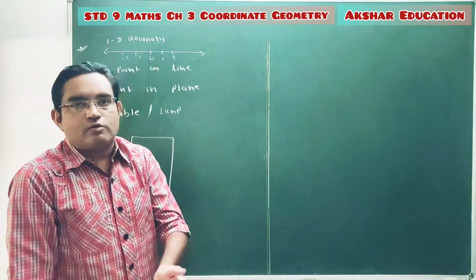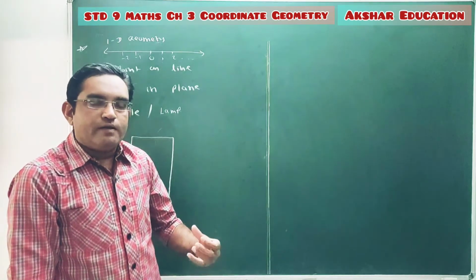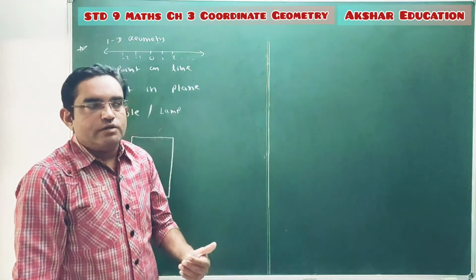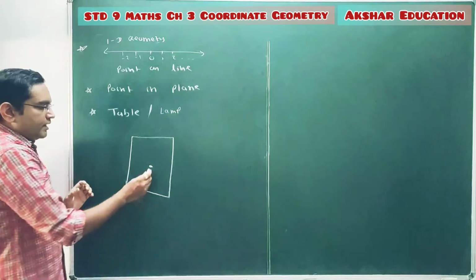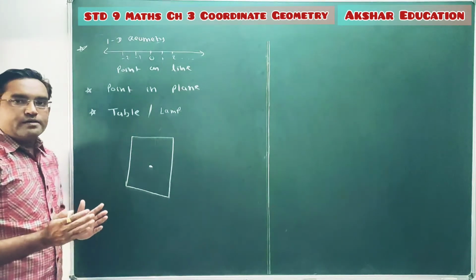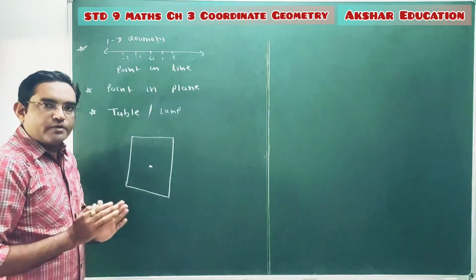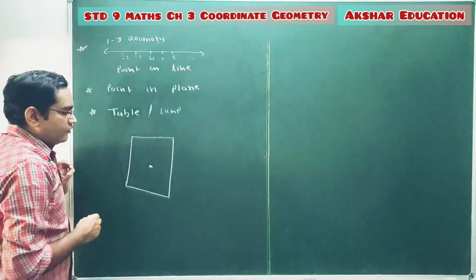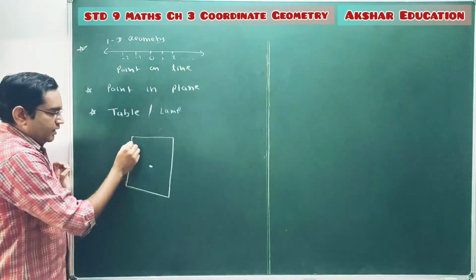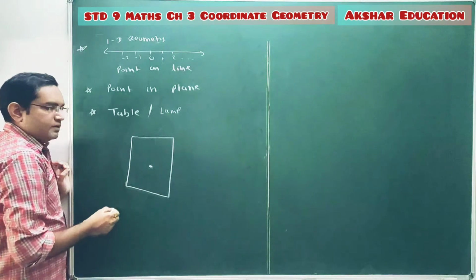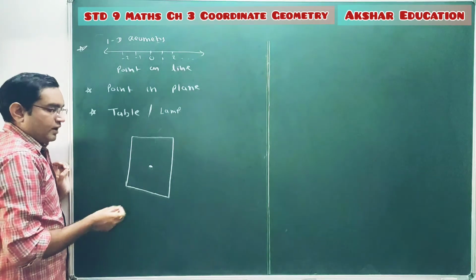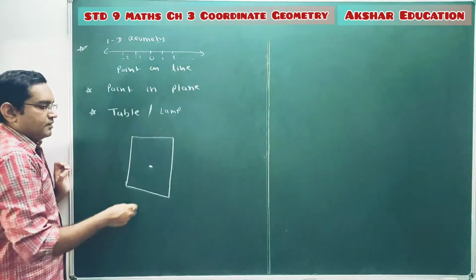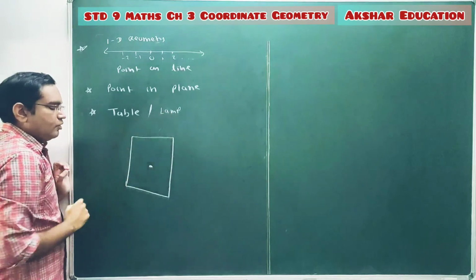In front of the Hyundai showroom, there is one reference. If we take one reference, then according to that reference we can define the location. Similarly, if you want to describe the position of this point, we require some reference. If we have some reference, then we can describe the position of any point. So for that reference, we are taking these edges. That means one long edge and one shorter edge that we are taking as our reference. So now we can describe the position of this point on this rectangle, that means the position of this lamp on the table top.